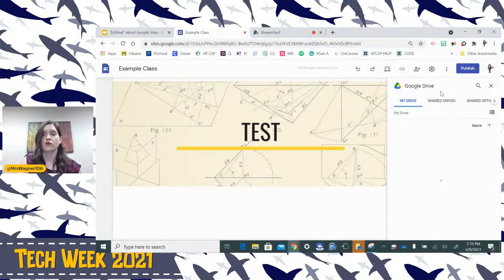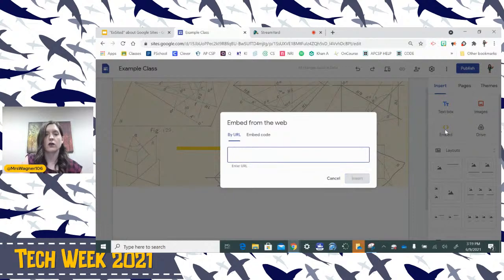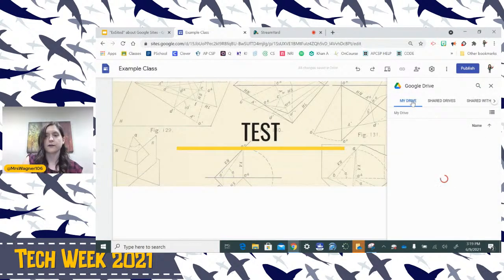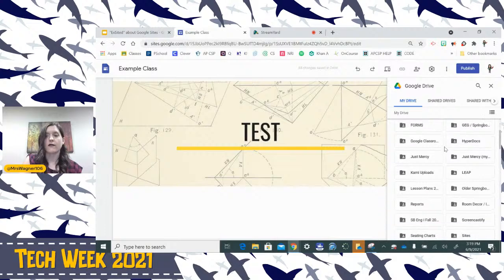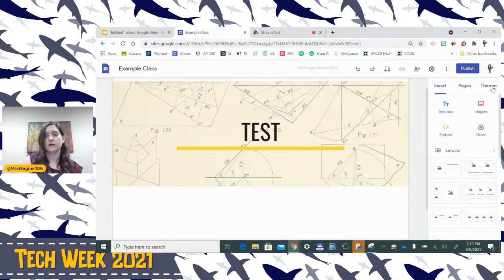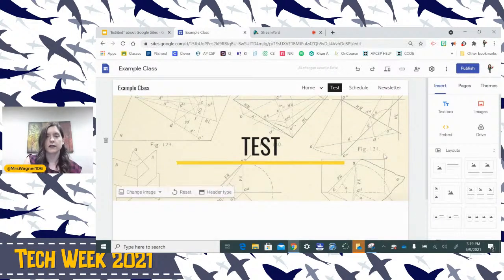the Google form from our drive. We could insert it, or we could also embed it if you wanted to copy and share the link here, or simply pull it from your drive. If you're like me, you have a ton of stuff in your Google Drive, so sometimes I just like to go to the form and copy it. Now, when you're sharing with students, they're logged in with their livingstonschools.net email account. They can access everything.